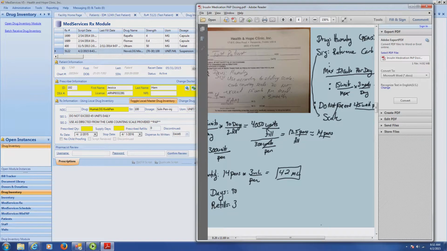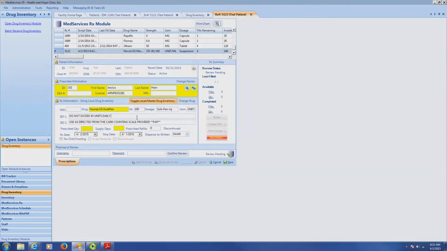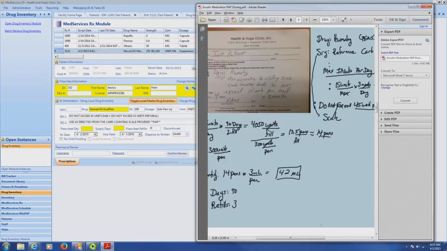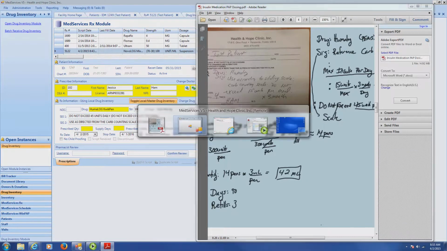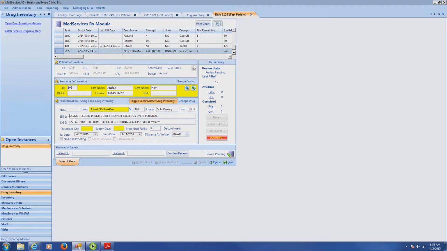Notice it says do not exceed 15 units per meal. I'm going to put in here do not exceed 15 units per meal. But I also have to say that we will have to inject this once before every meal. The whole idea about this drug is to inject this drug before each meal. So notice this is sort of a continuing development for the SIG. So we will have to inject